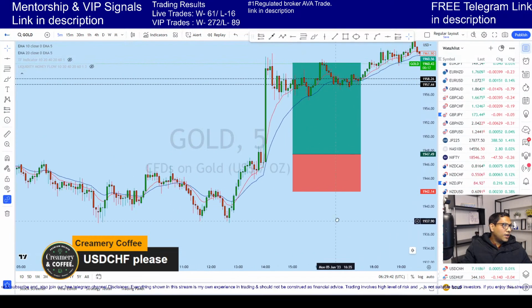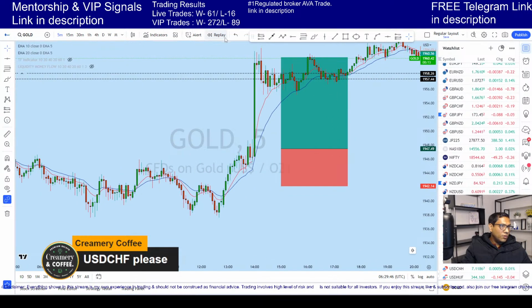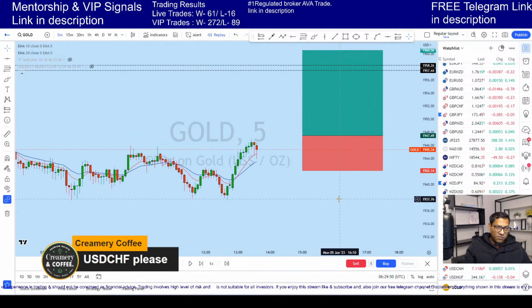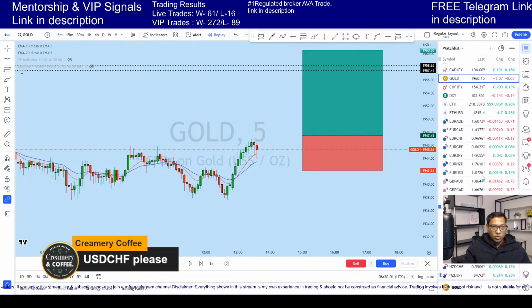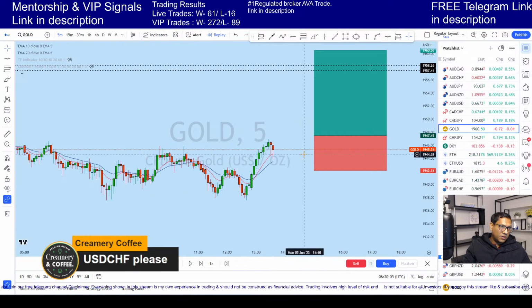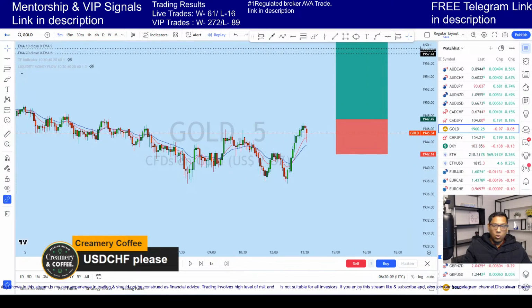Now if you look at this gold on the 5 minutes, if you remember, we were watching the price action before the news. It was a bit risky, but I took that because I'm a calculated risk taker. If you are trading, you need to know risk management, and also you need to know how to take calculated risk for better trading opportunity. Now this is where we saw gold on the 5 minutes time frame.